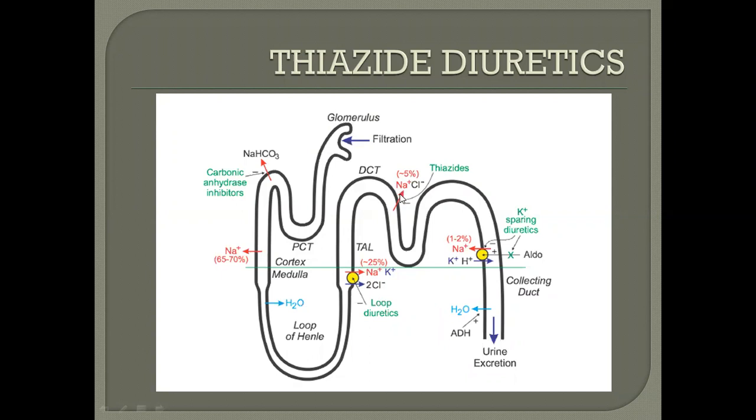Then subsequently, you have in the distal tubule the sodium chloride cotransporter. This is where the thiazides act. And then later on, you have the sodium and H+ symporter, which is acted upon by aldosterone. And then down here, you have the distal collecting duct portion where the AVP or the ADH acts upon the aquaporin 2 receptors to absorb water. Now, this absorption of water depends upon the medullary concentration, which is driven by the loop diuretics.